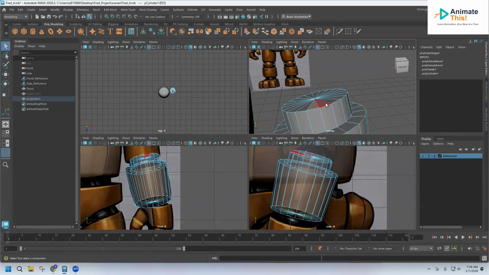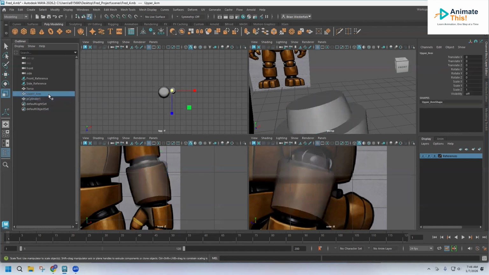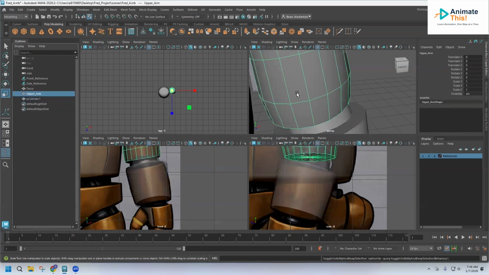Let me select these faces again. It may have selected both elements in your outliner, so you may have to click away and then reselect. And I'm just going to scale this thing down. Then I'll turn on the upper arm again